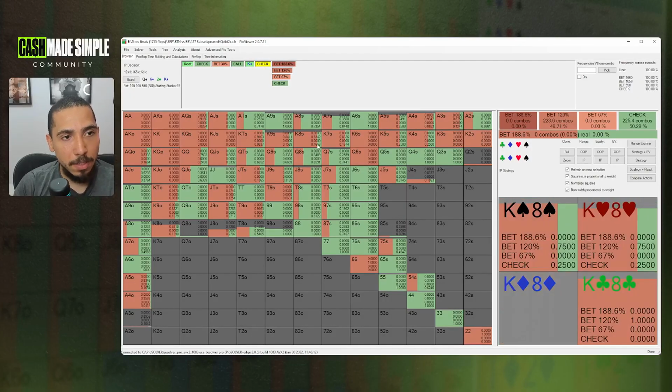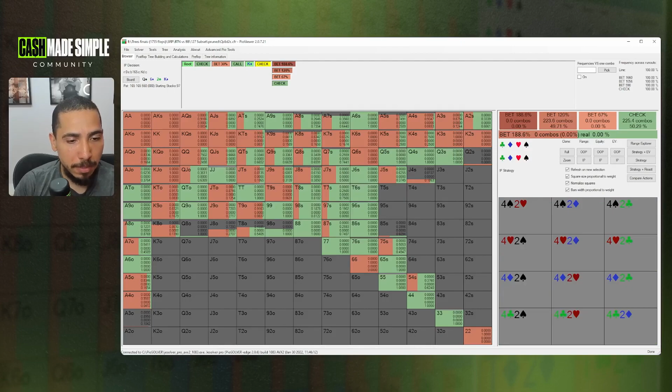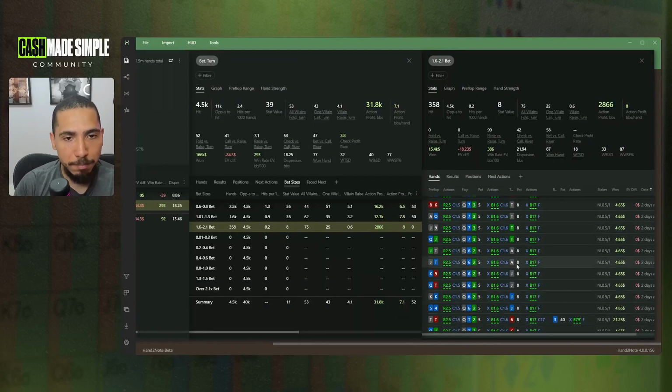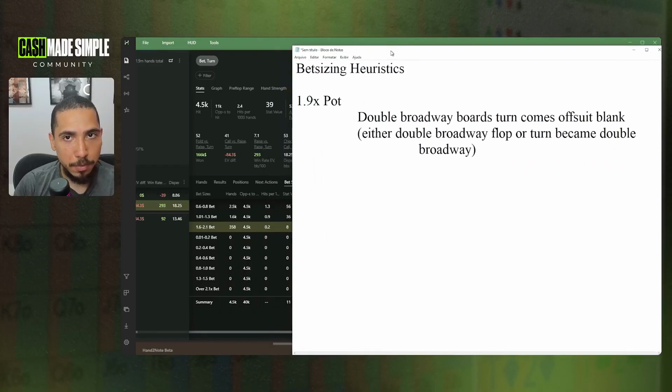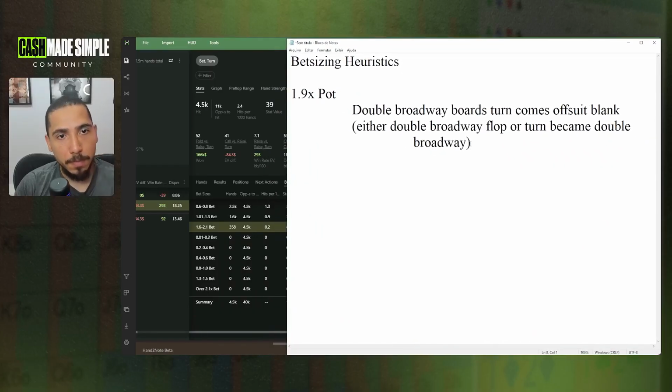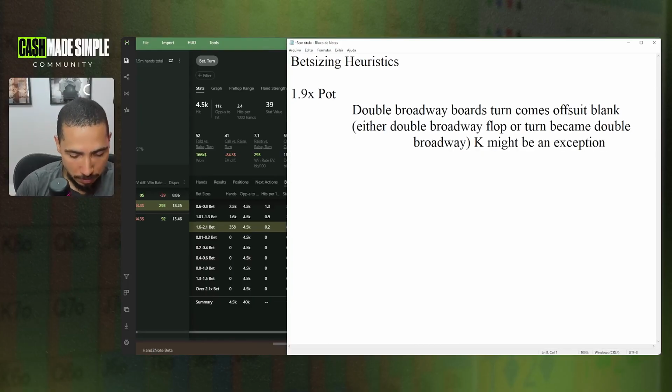So that's very interesting. It seems to me that the turn card becoming the double Broadway board on the 10 and on the ace, perfect. On the jack and on the king, it has some issues, particularly on the king. King might be an exception to this, where you still want to bet 1.2x. And then the